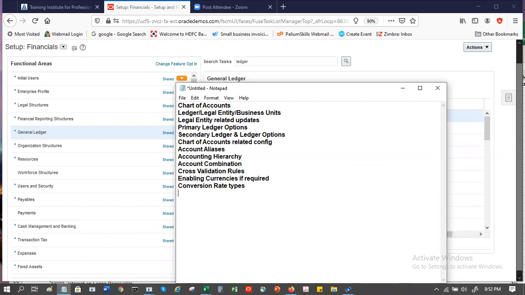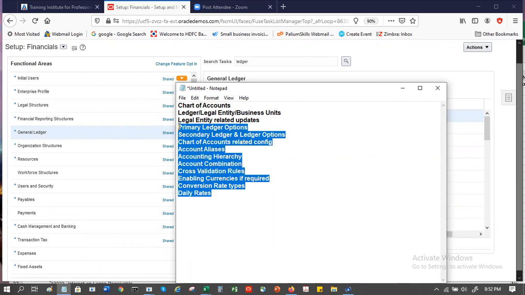And daily rates. Daily rates, usually it's a feed that you would be regularly uploading into your environment. Okay. Are you all comfortable with this, or do we need to go in and check them out? I think we can just quickly go through all these areas. Okay.